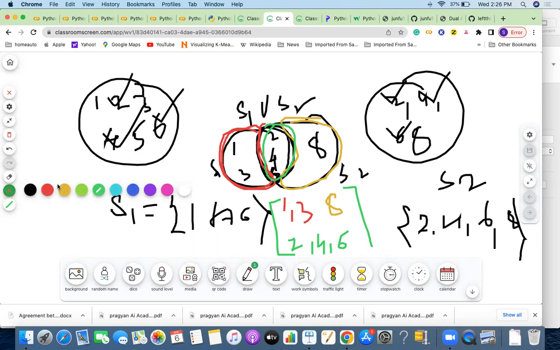I forgot here to add 5. So 5 will be here, correct? So 5 will be here, and this 5 will be here. So this many elements will be there, like one. So these elements will be part of